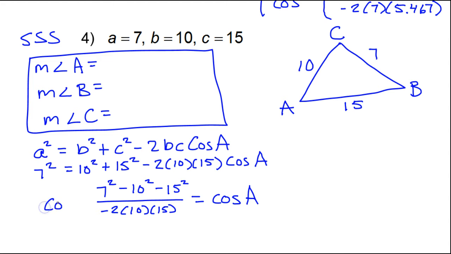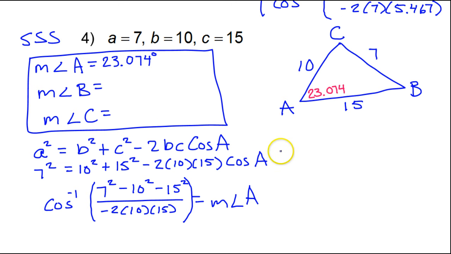I'm going to do the inverse cosine of this entire expression, and that should give me the measure of angle A. So put this whole thing in your calculator all at once and tell me the measure of angle A. 3 decimal places, please. I am getting 23.074